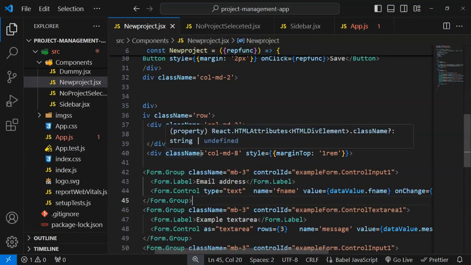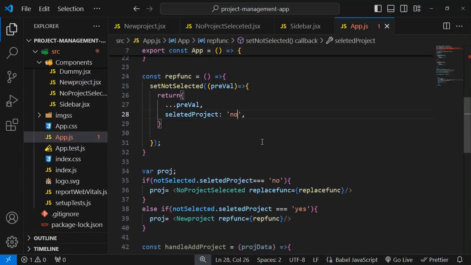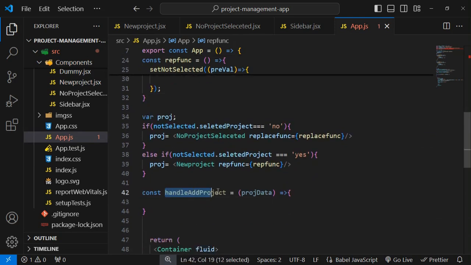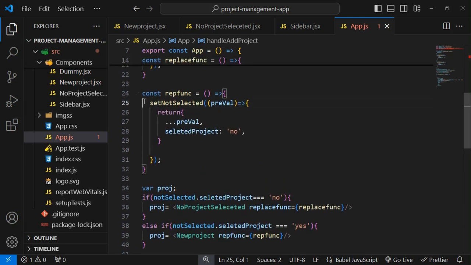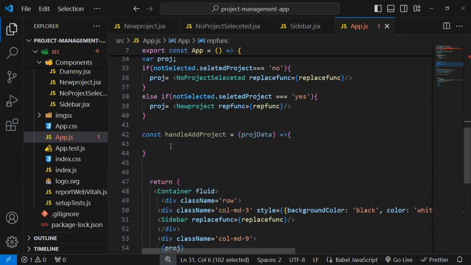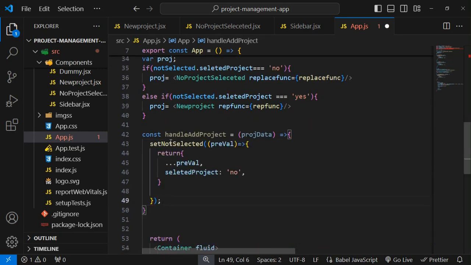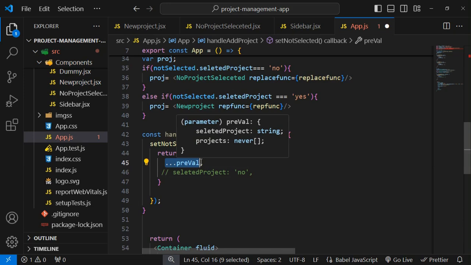I have already told you that in our app component I have to create a function that I have written here, handle add project, and inside this handle add project I have to again type that code, Control C, and paste it inside that function. And now I have to make some changes here. The very first thing that I have to do, I am just going to create an array. So let me remove it from here,